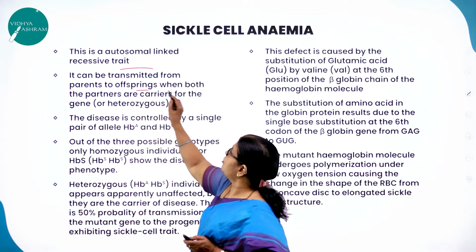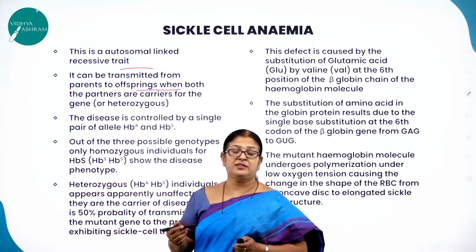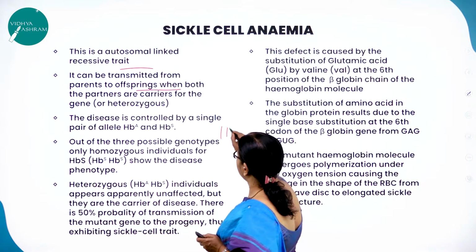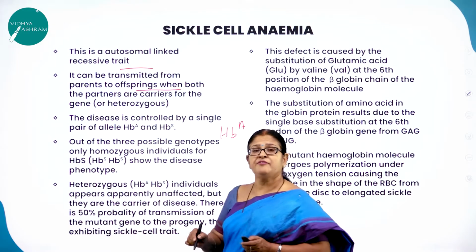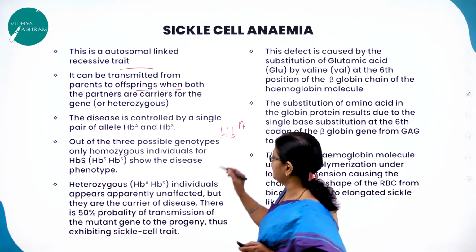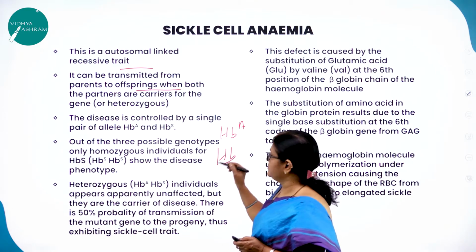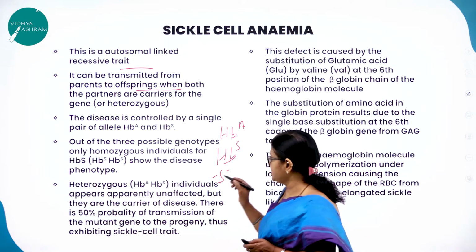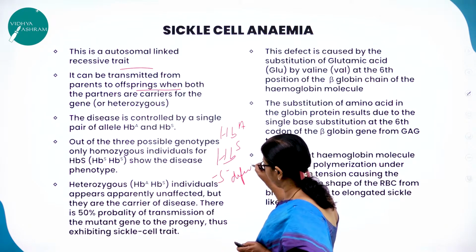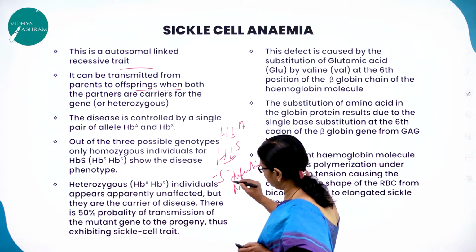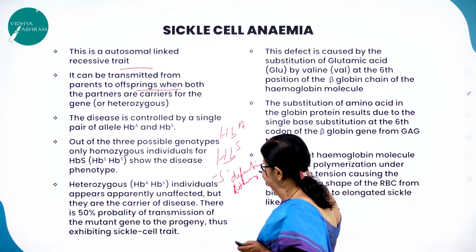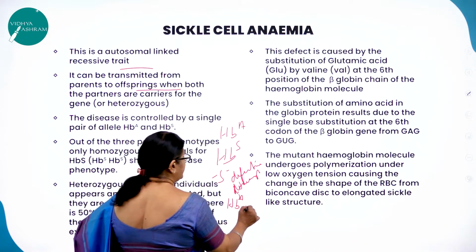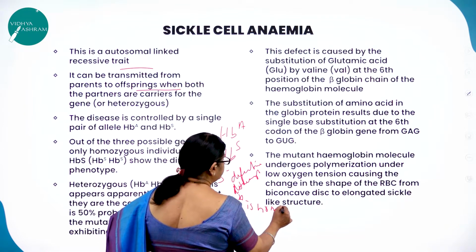From parents to offspring. Usually in a normal person the normal hemoglobin will be HbA, whereas in a person having sickle cell anemia, the allele is HbS. So S is a defective hemoglobin. So when HbA is homozygous,